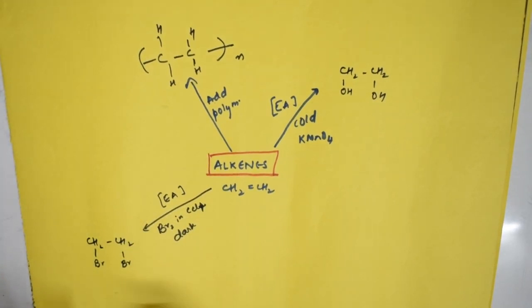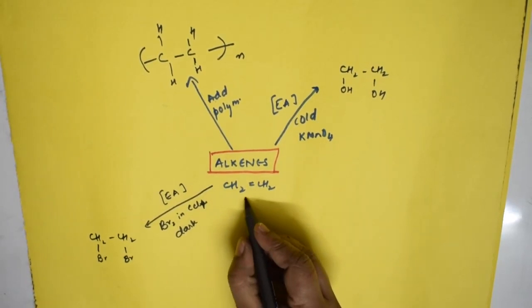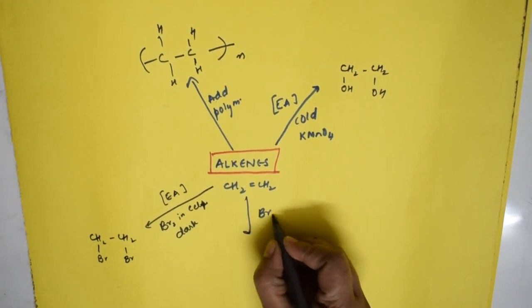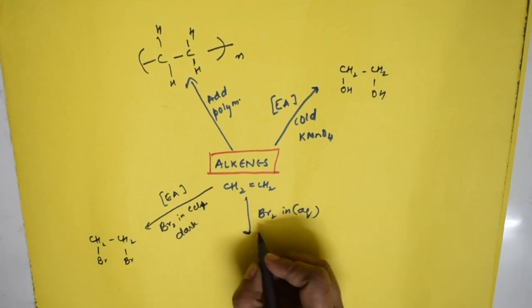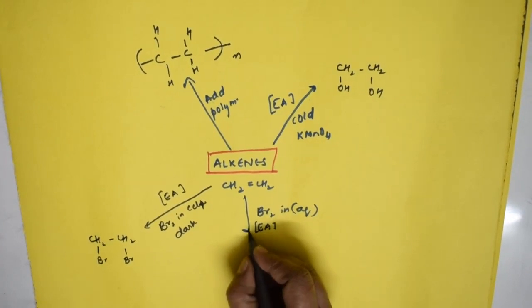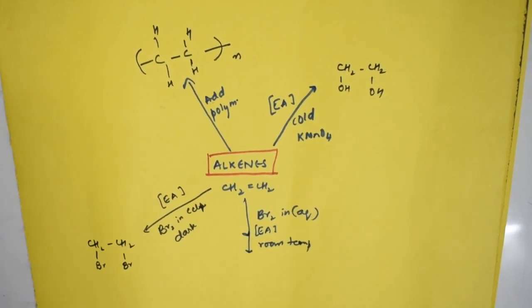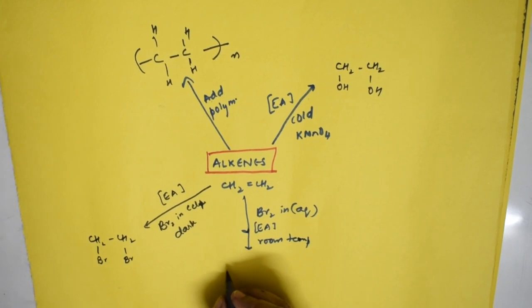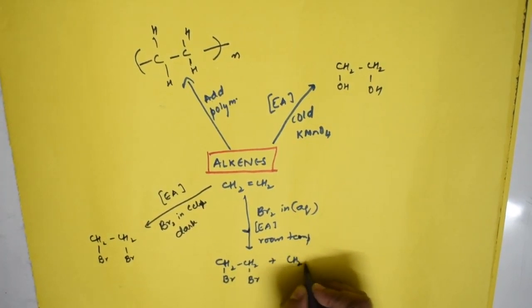Suppose you take the same alkene and you take bromine in aqueous solution, and again you are performing which type of reaction? Electrophilic addition only. But here you are going to perform this reaction at room temperature, the normal room temperature. What are you going to get here? Just see, students, here you are going to get two different products. What are the two products? One product would be vicinal halide, but at room temperature you're also going to get, remember,